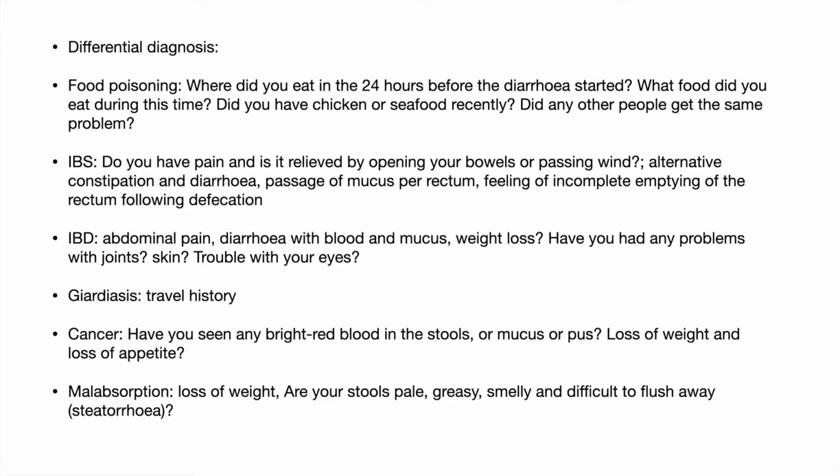again, you need to tailor it depending on the duration of diarrhea, depending on the consistency of stool. And for example, if it's a case of chronic diarrhea, you might not consider food poisoning as your differential, right? So you can omit these questions for food poisoning and focus more on other causes of chronic diarrhea, like maybe irritable bowel syndrome, inflammatory bowel disease, and so on.